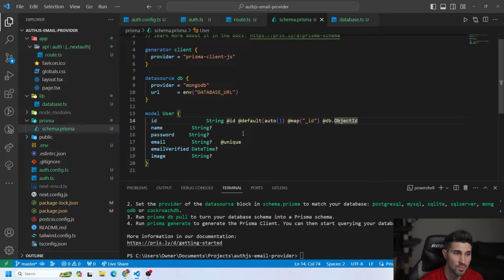and image optional. So the only thing we're making required is the ID, but we're also going to have an email. So if you want to make this required, go ahead, but I'm just going to leave it as optional for now. So we're going to have the user model here, and the other model we have to create is